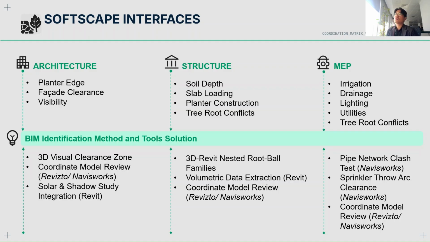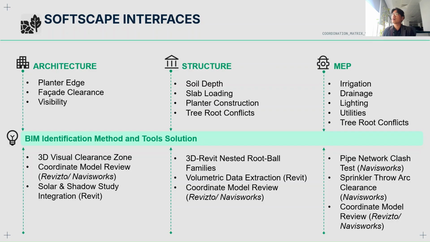With structure for softscape, we probably have to work with the soil depth, which we mentioned quite a lot, about how to coordinate the structure's available space with the requirements from planting of the softscape. In that specific case, we can use software like Revit or Navisworks to check the clearance space for coordination,